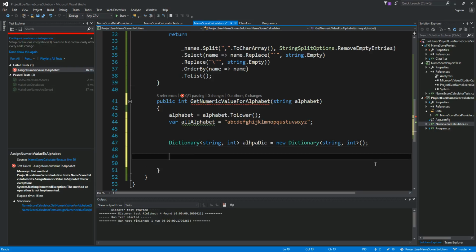So these are pretty simple implementations, so you can implement them whichever way you want. All we're trying to do is get a numeric value given the string representation of the alphabet. So I'm going to write some loop here,